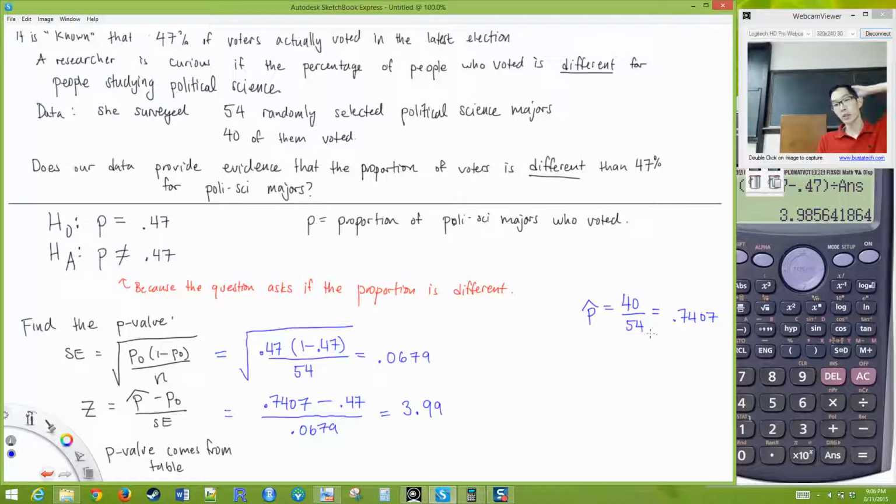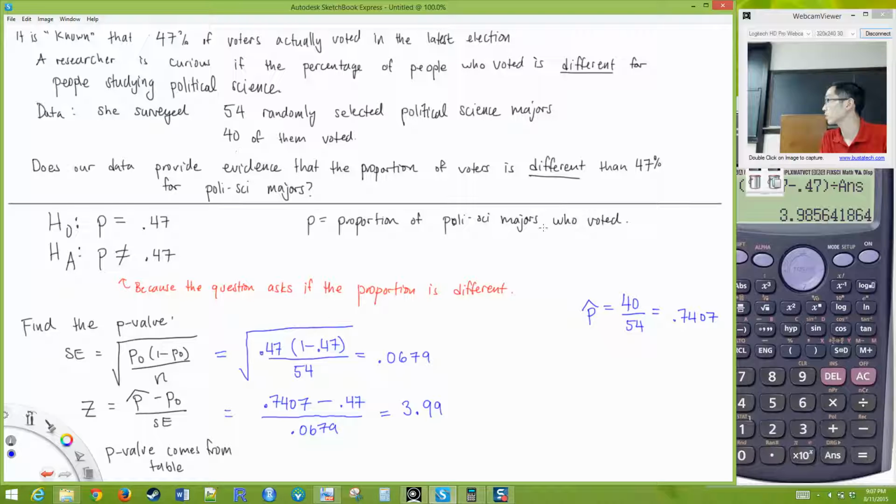So notice what's happening. When we surveyed the political science majors, we found that 74% of them actually voted. Now, if the null hypothesis were true, if only 47% of political science majors voted, it's technically possible that a random sample of 54 people gave me 40 voters, but that seems to be rather